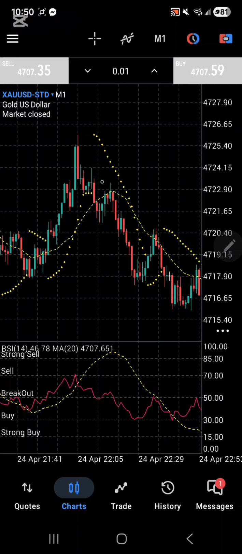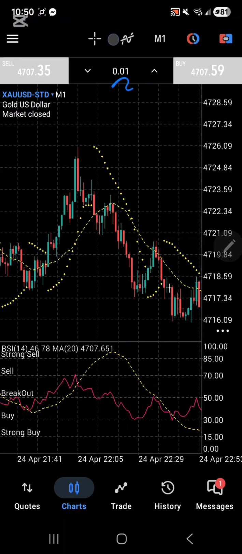So what I look for is for the next candle body to close below the moving average line. The next candle here closes below the moving average line. You want the body to close below the line, not the wick.